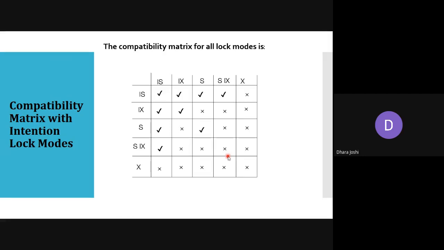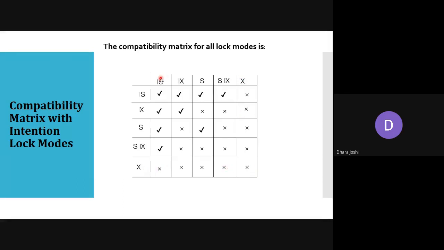Again, we'll see how you will remember this. You need to write in the same sequence: first, if you are here you write is, so here also is. Second element is also equal, third element equal, fourth and fifth. This is how you will prepare the matrix. Exclusive lock is not compatible with any of the lock types. So whenever you find exclusive, mark all the fields wrong, so it is not compatible with any of the types. So we are done with this.